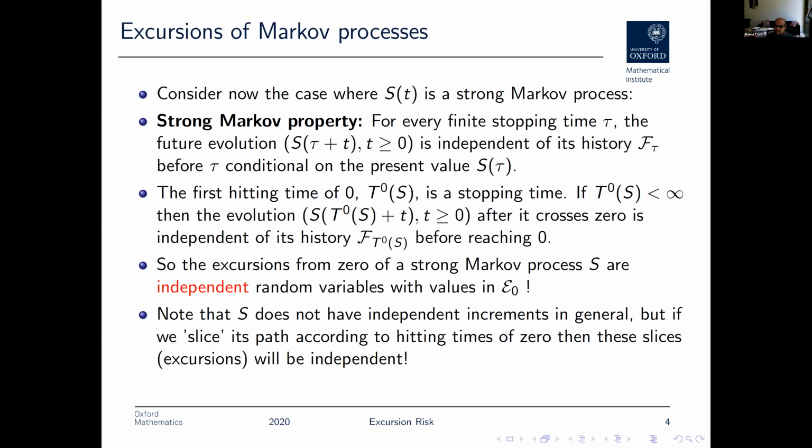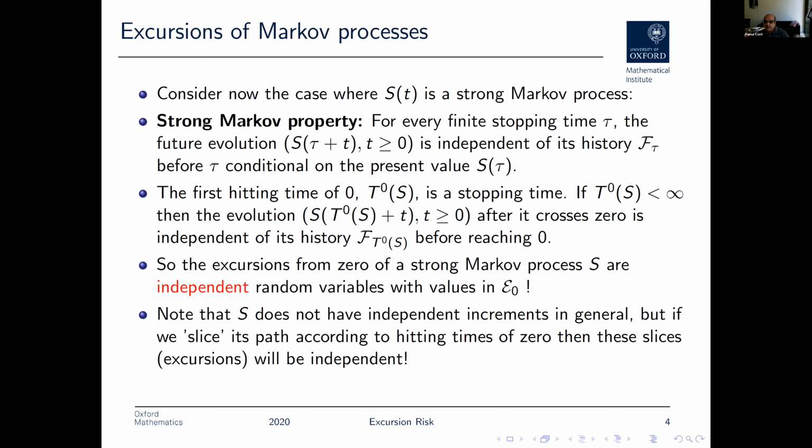But this result says that, if you slice the path not at arbitrary times, but at hitting times of zero, then the strong Markov property tells you that these slices, which we call excursions, are going to be independent. Now, it seems a trivial thing, but it's actually a very important thing because